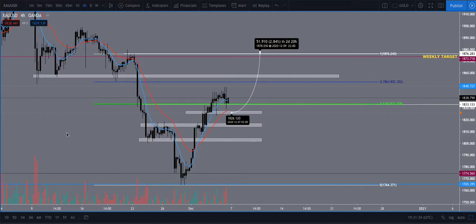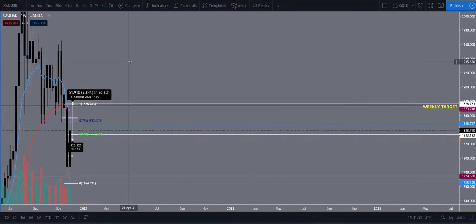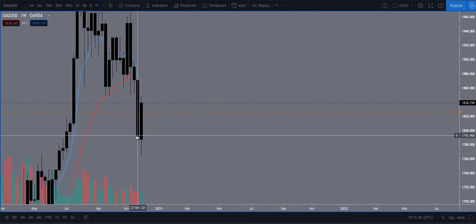So it's 7th of December 2020, and this is a breakdown of three pairs: Gold, GBPAUD and GBPUSD. So first area of interest, we're looking at the weekly. We had a bullish closure coming back up,